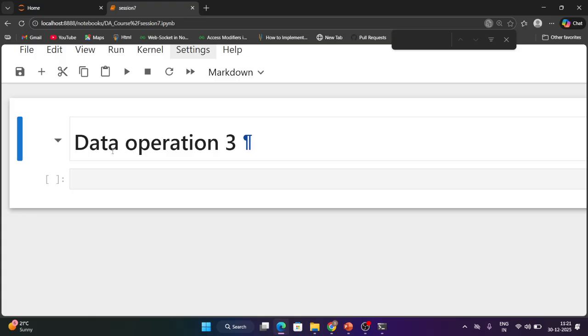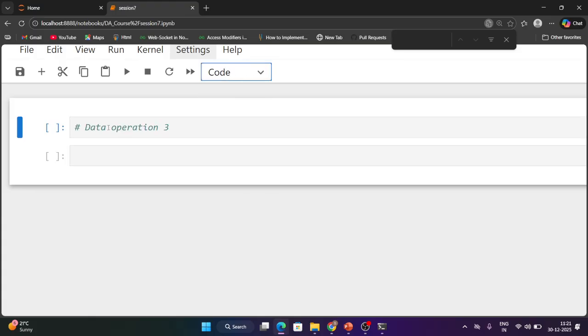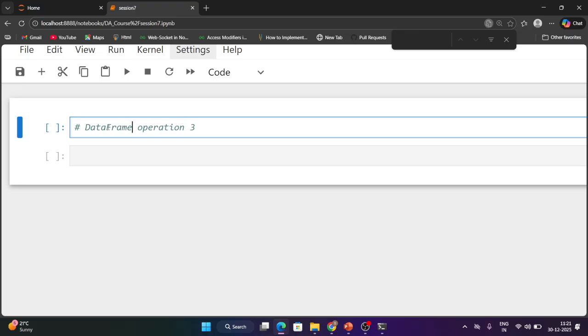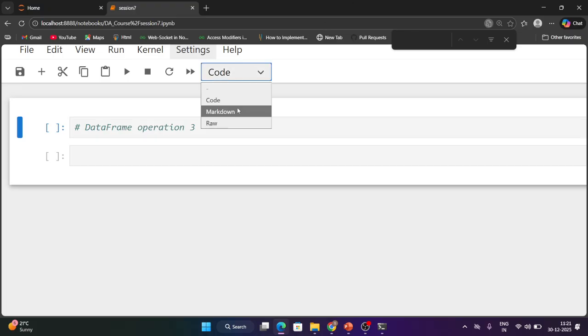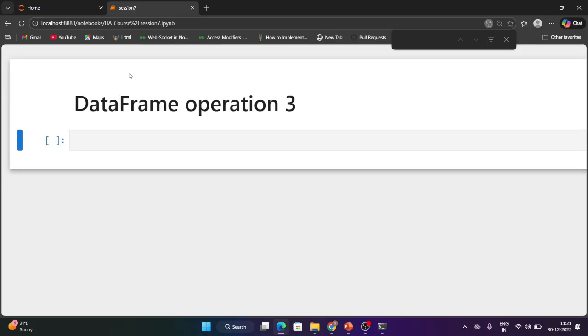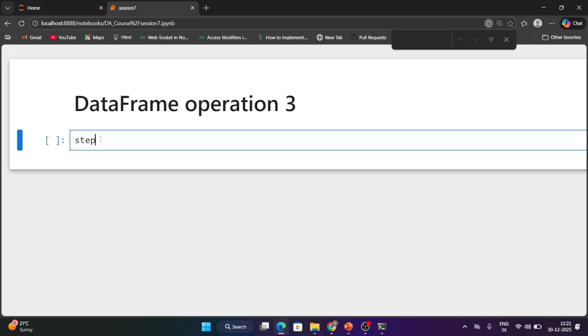Here we actually have to write data frame. So again you can convert this into a code and just write here data frame. Again, just click on markdown, execute this. So here we are getting this DataFrame Operation 3. Step 1 will be here,